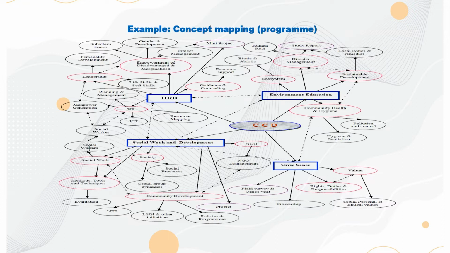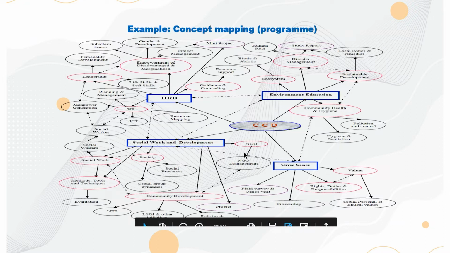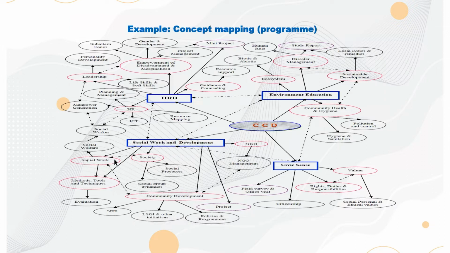These thematic areas have been further subdivided. You could find the coloring system: the dotted lines show weaker linkage, the straight lines show stronger linkage, and the colored ones will be much more about the application side in the community, and so on and so forth. What this concept mapping is giving us, this is how content is designed, by the way,